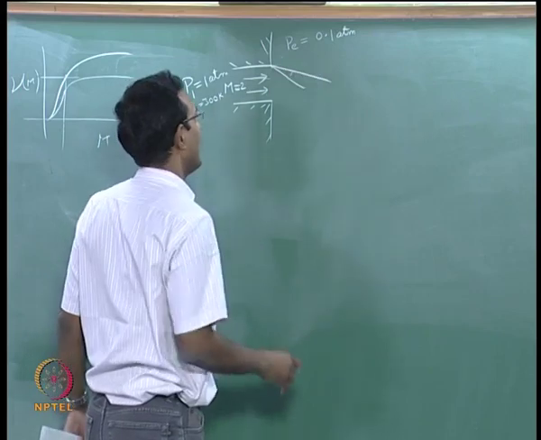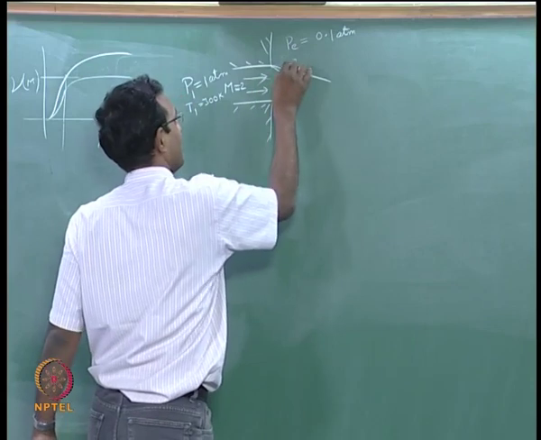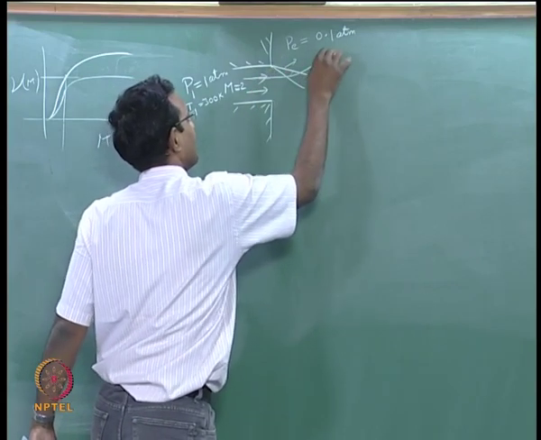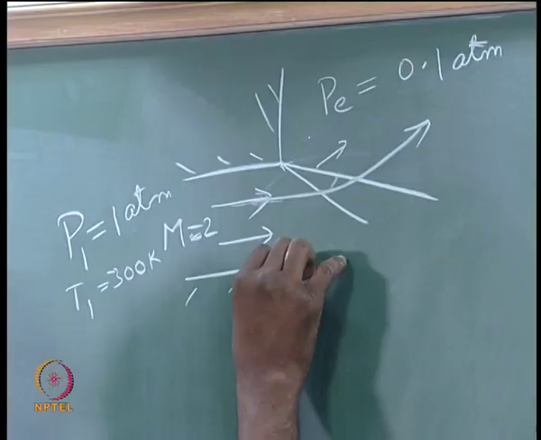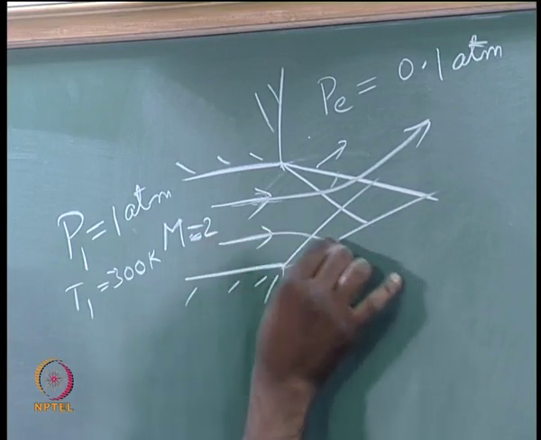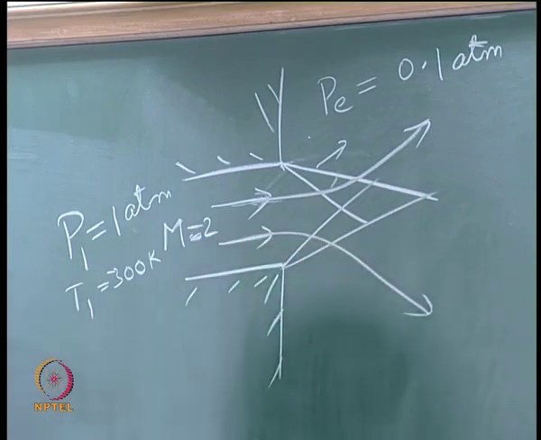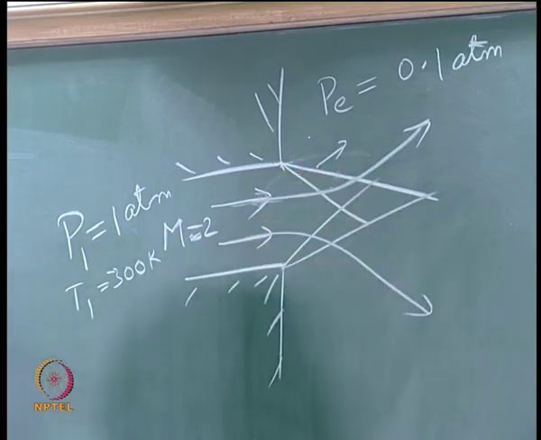But how will I calculate this final Mach number? The flow is turning like this, right? You can imagine that. Flow is going like this and it is turning out. If I think about the same thing on the bottom, it is going to go like this and it is going to turn down like this. This is what should happen. You have to start getting used to this because we are going to draw more and more of this as the classes come up.